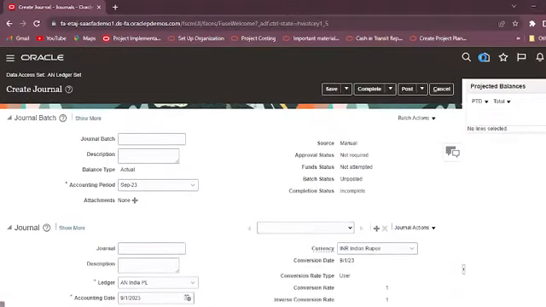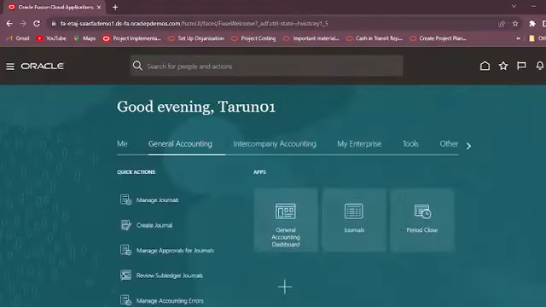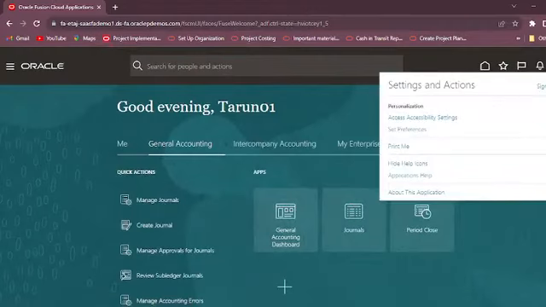So we have seen how to create the ledger set and how we can group the different ledgers that share common chart of accounts and calendar. We can group those ledgers into the ledger set, and we can provide the data access to the user at the ledger set level, and then he will be able to access or create transaction for all those ledgers that we have grouped into the single ledger set. So our next task is we have to create the reporting ledger.